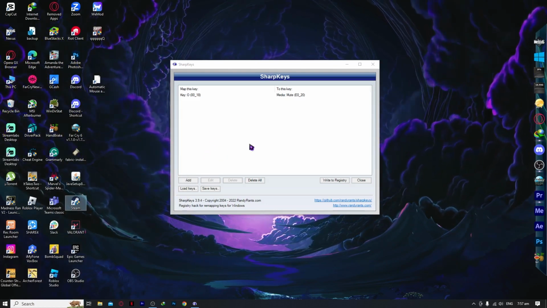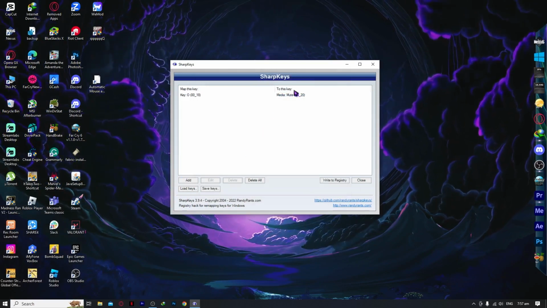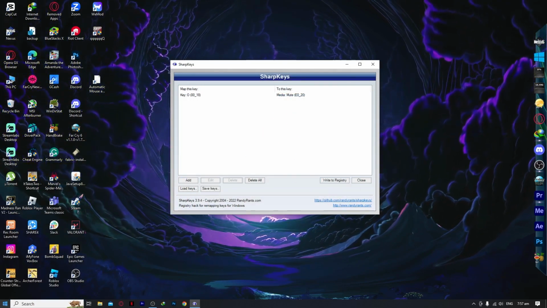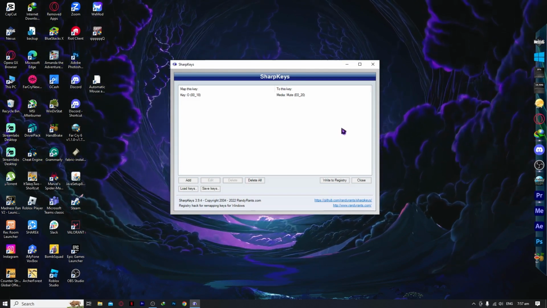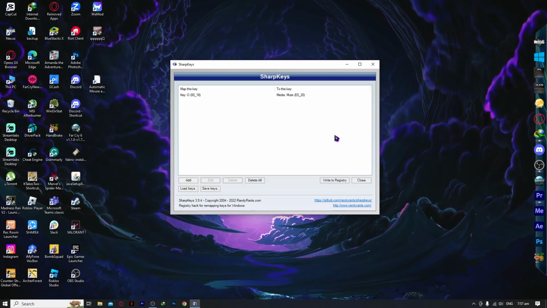And remember that you can always add more right here if you want to, but in my case it will just be like this, and then click on write to registry and restart your computer. It's as simple as that, but in my case I'll not be doing that because my keyboard keys are working fine. I don't want to